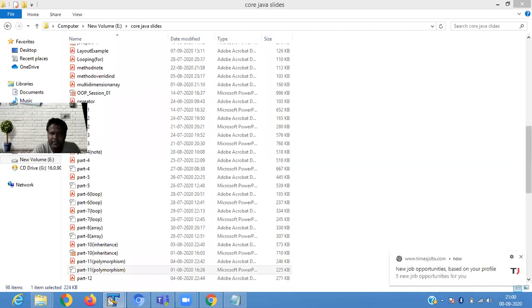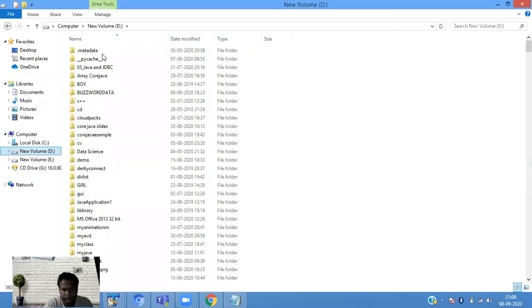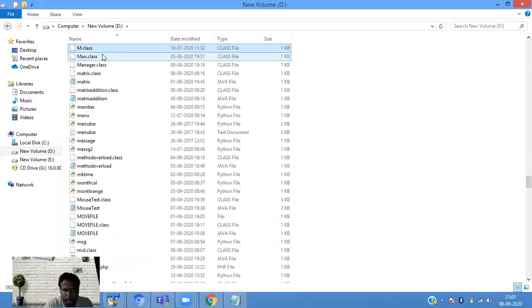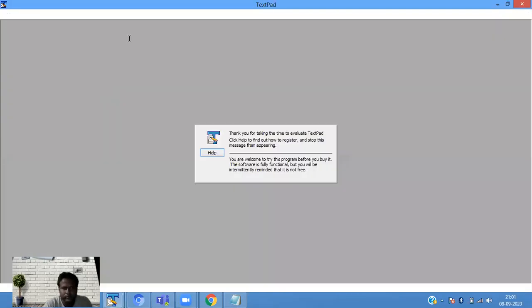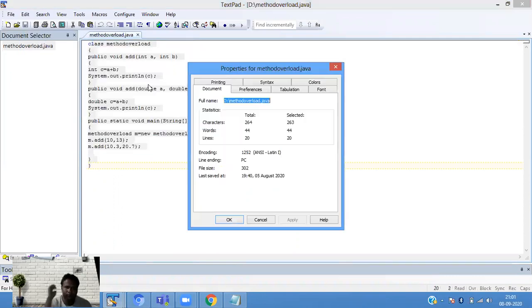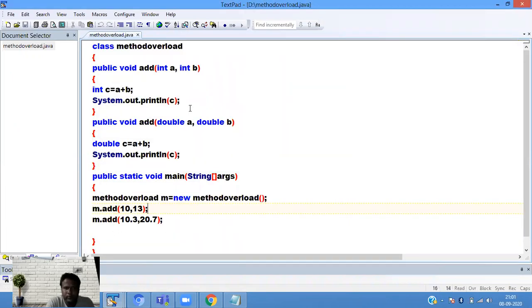Now let's see one example of this. Here we define a function, public void add function.